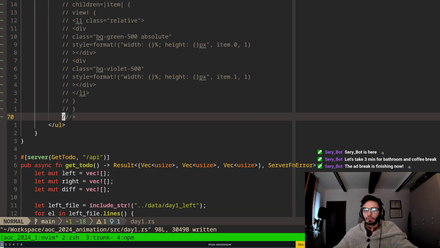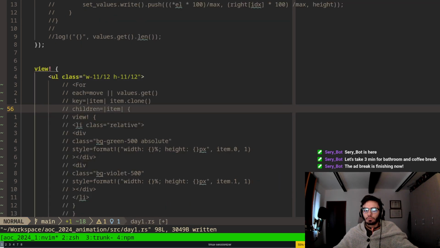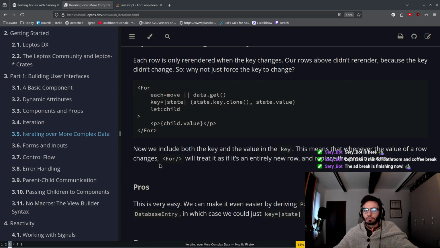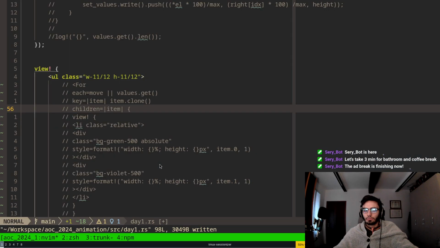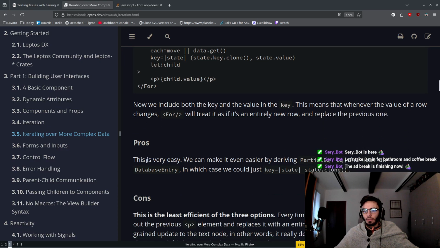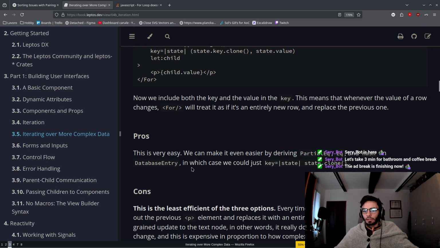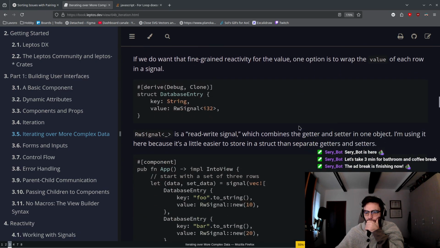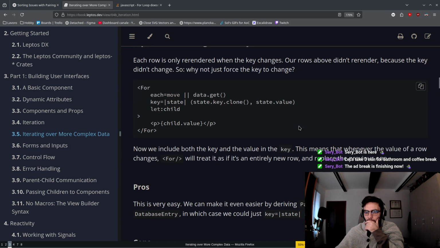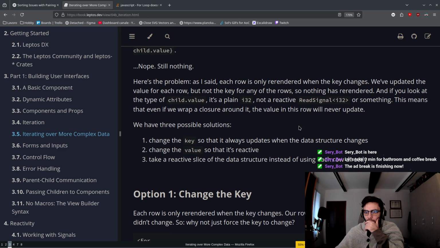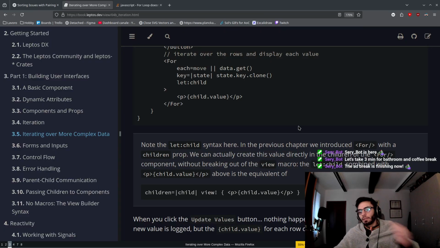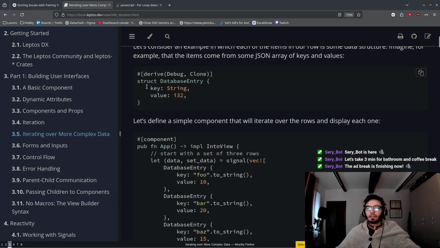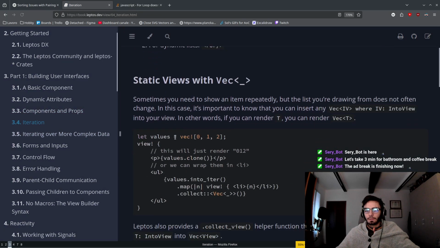Also, that's what this clone is about. Data get key clone. First, it's very easy. We can make it equal that way, in which case we can just clone state. This is the least efficient method. Every time the value of a row changes, it throws out the previous one. Yeah, so that should be working, but let's